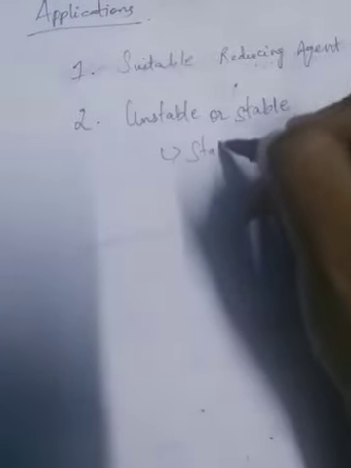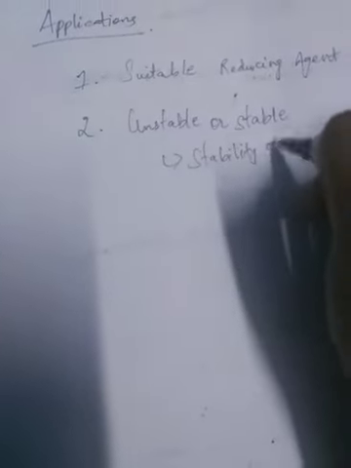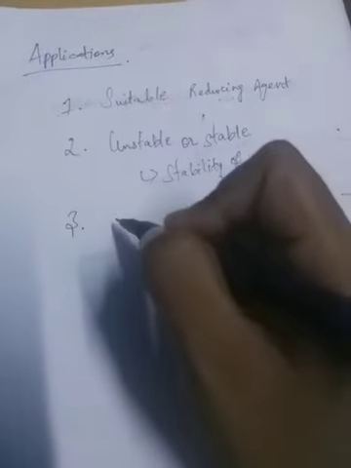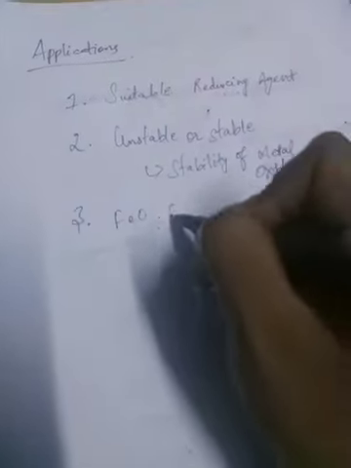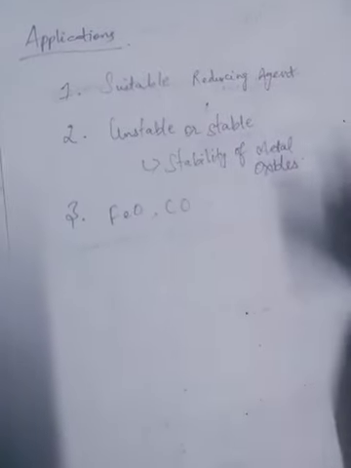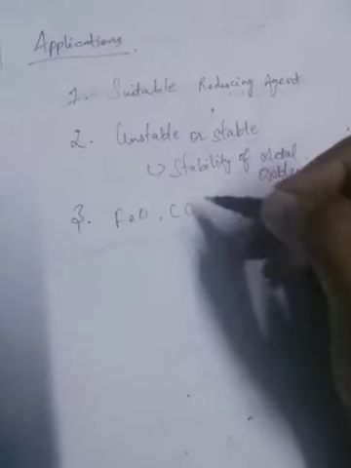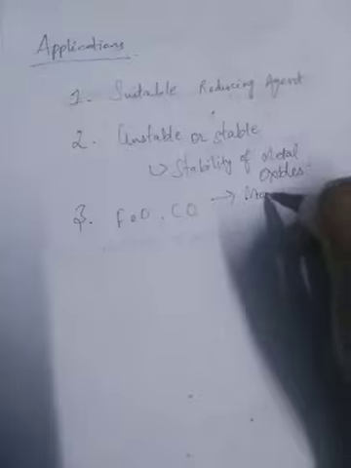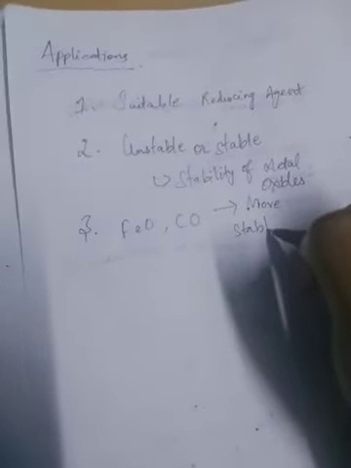Second advantage, we can find whether the metal oxide formed is stable or unstable. That is, stability of metal oxides can be found using Ellingham diagram representation. Third application is that we can find formation of metal oxides and non-metal oxides, such as iron oxide, ferrous oxide, carbon monoxide, etc., which we can later use for checking of stability,